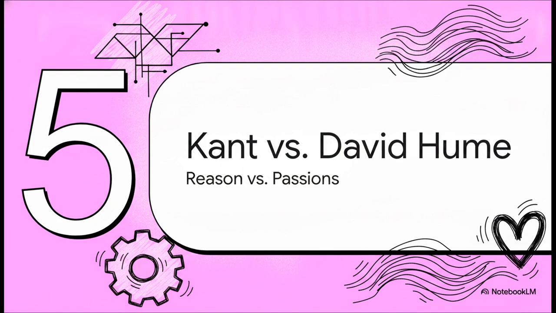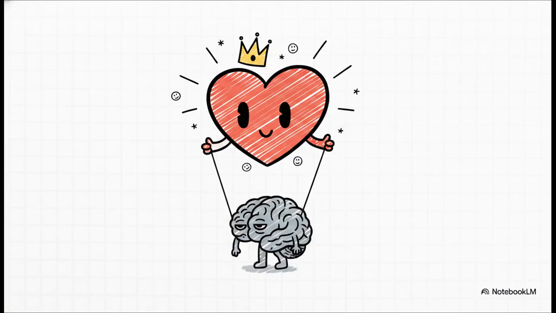Section 5. Kant versus David Hume. For our final matchup, we pit Kant against the naturalistic approach of David Hume. Hume essentially argues that ethics aren't objective facts at all. Instead, he takes this reductive naturalistic approach called sentimentalism. For Hume, morally praiseworthy actions are really just those that are agreeable or useful to yourself or to others. Moral judgments aren't derived from some universal algorithm. They're founded on feelings of approbation, basically derived from pleasure or utility. It makes ethics entirely a matter of sentiment, taste, or opinion.